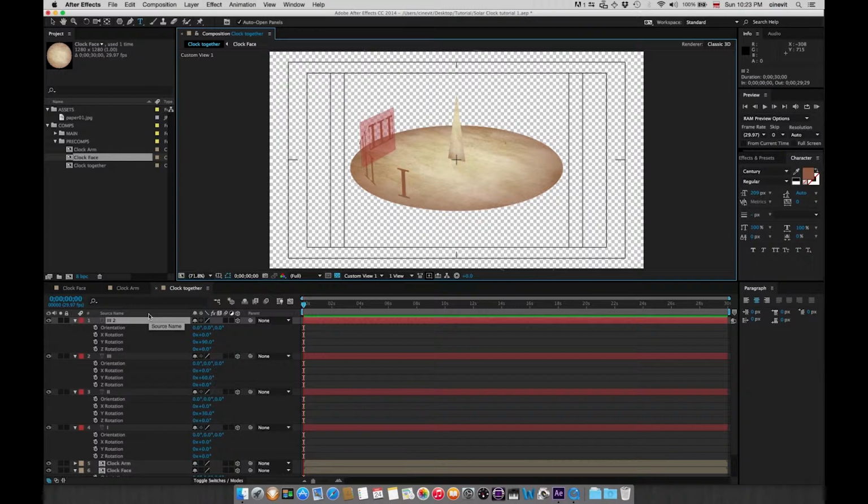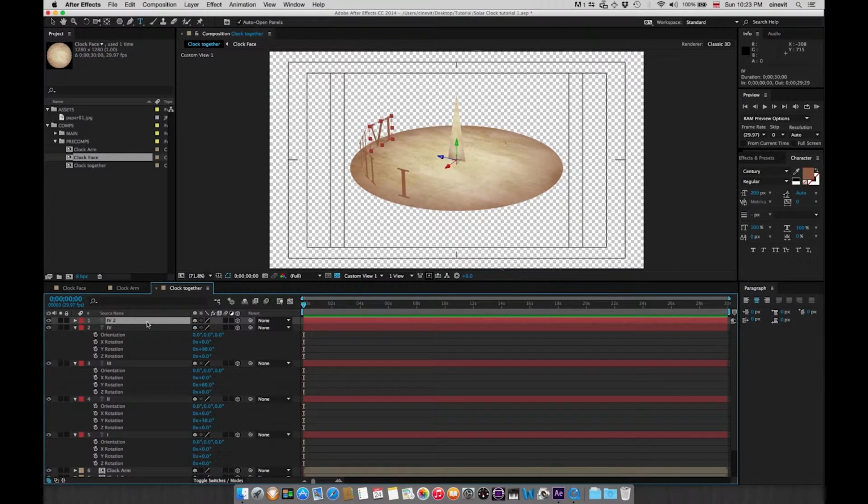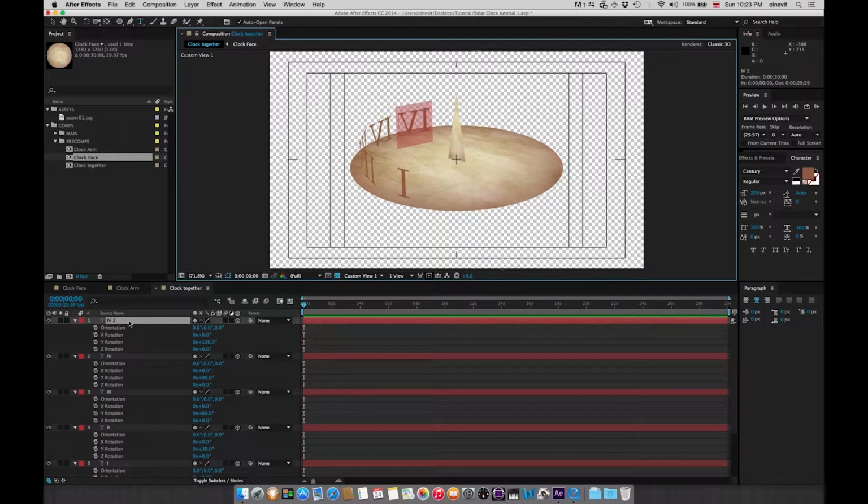I think a 4 in Roman numeral is I and V. Okay, and then click on the layer, Command D, R, plus 30, enter, change it to 5,